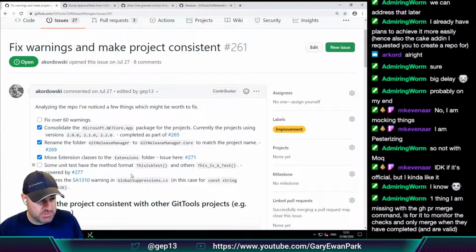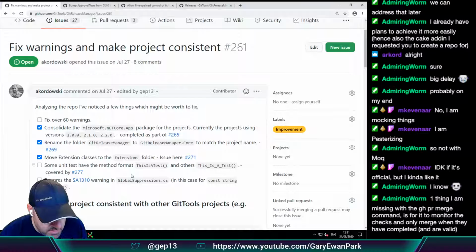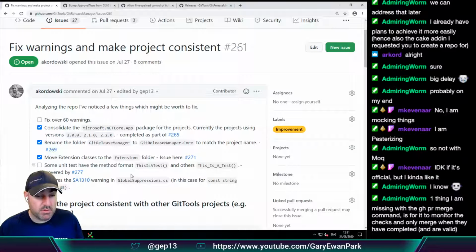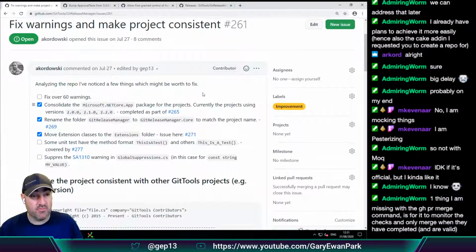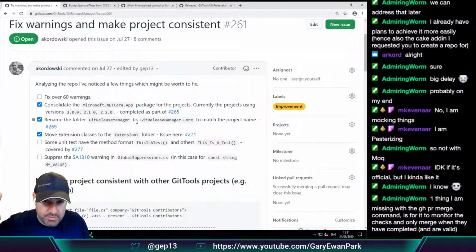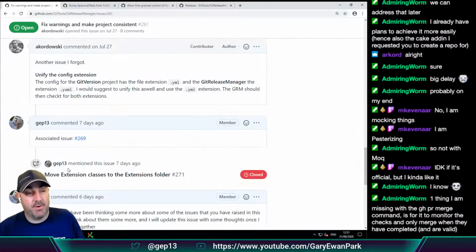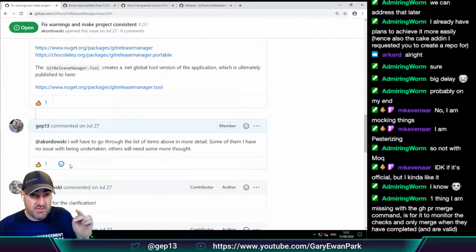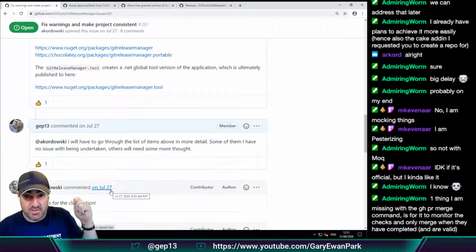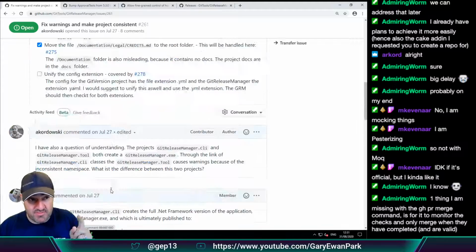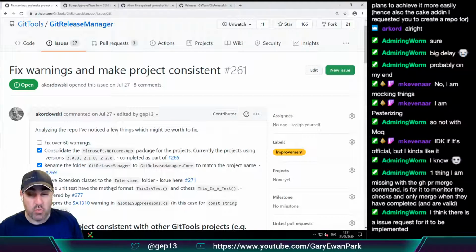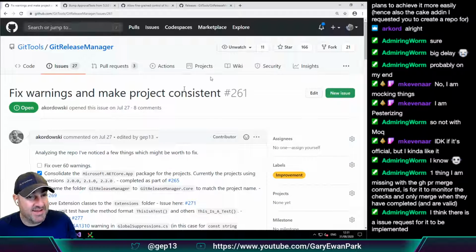So I'm going to create a new issue. Is for it to monitor the checks and only merge. You see that? In general, I would like to see that, Kim, in the UI. Now I know that there is a Chrome extension that helps with that, but I would love to see a button at the bottom that says merge once everything is complete and once everything succeeds. I would love to have that button. So rather than sitting waiting for the UI to update with the status checks, I would love to have that in the UI as well. Ooh, that would be amazing. That would be amazing.